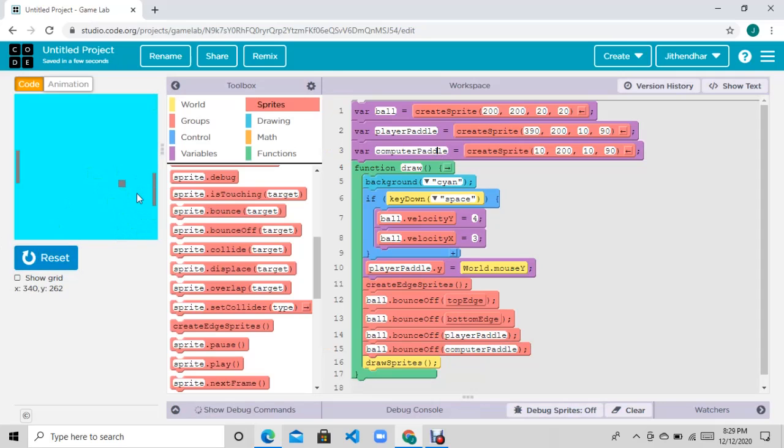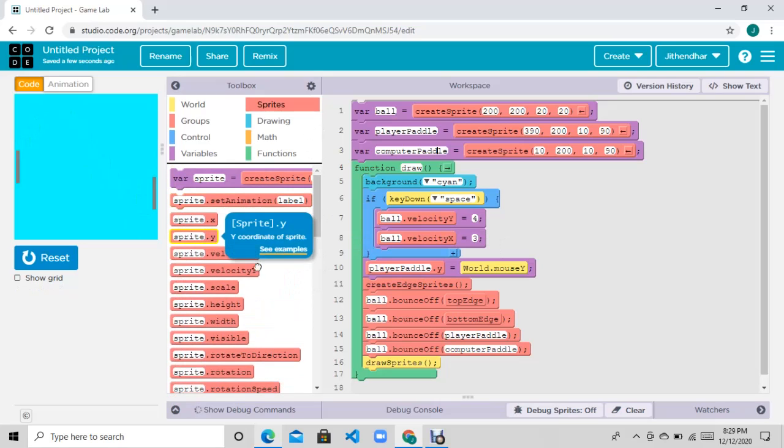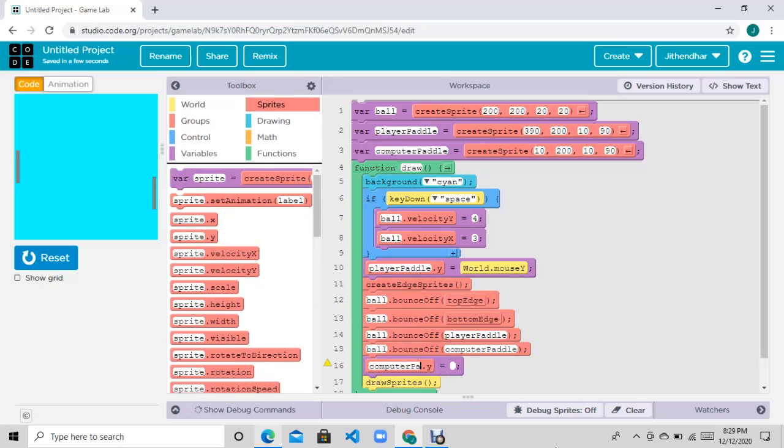Now it's bouncing off our things. But the computer paddle is not even moving. It's just in the same place. So for it to move, we have to set an AI for it. So how are we setting AI for it? We have to go to this sprite.y command and put it here. And now let's put computer paddle